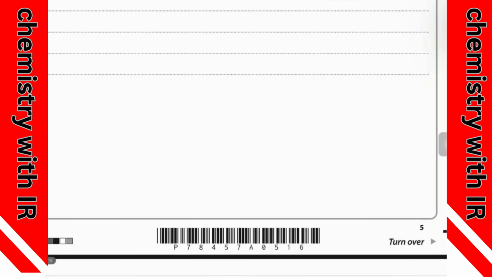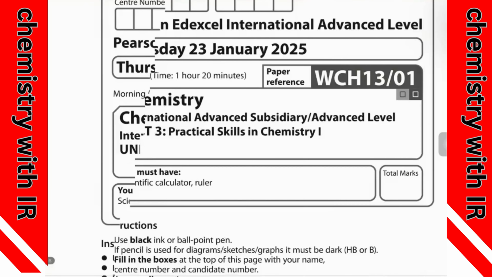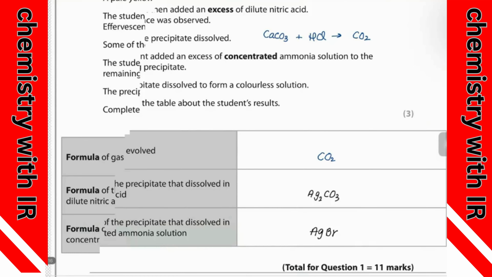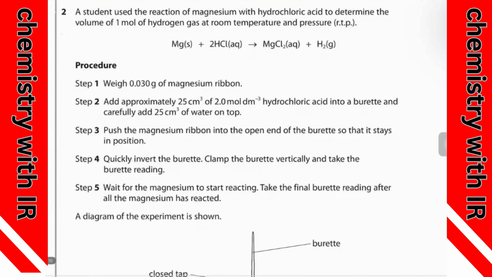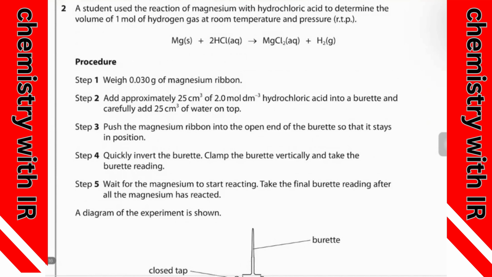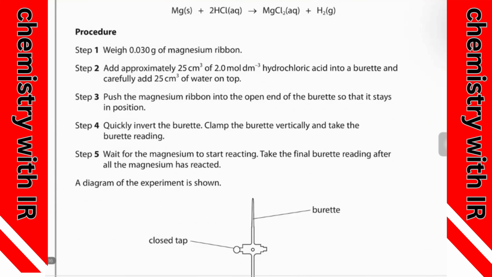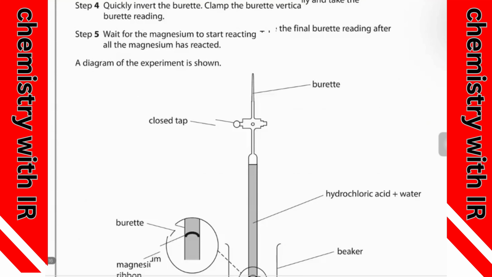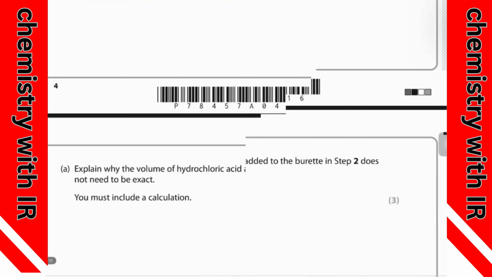Question two: A student used the reaction of magnesium with hydrochloric acid to determine the volume of 1 mole of hydrogen gas at room temperature and pressure. Weigh 0.03 gram of magnesium ribbon and